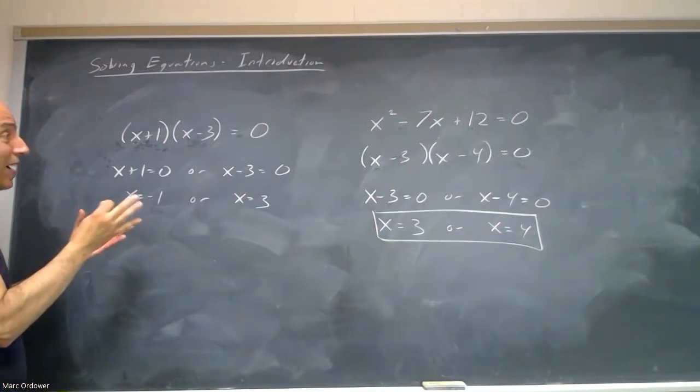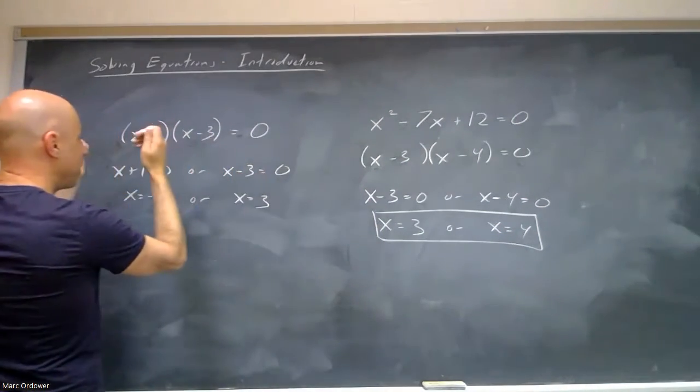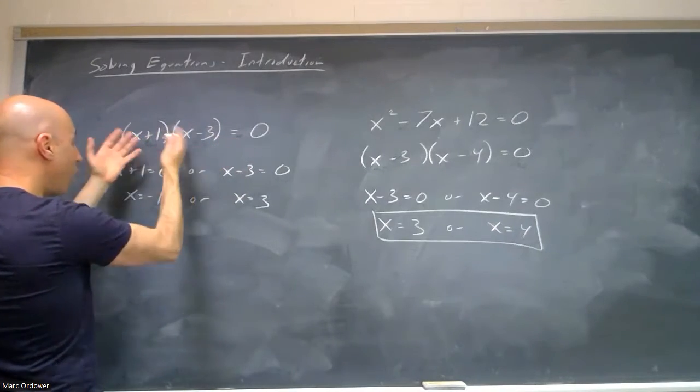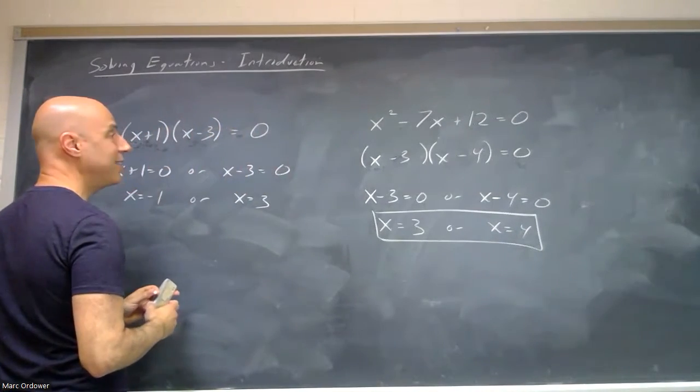That's the whole point of factoring. You want to get a 0 on one side, and so the product of two things gives you that. You know one of the things has to be 0. So let's take a look at